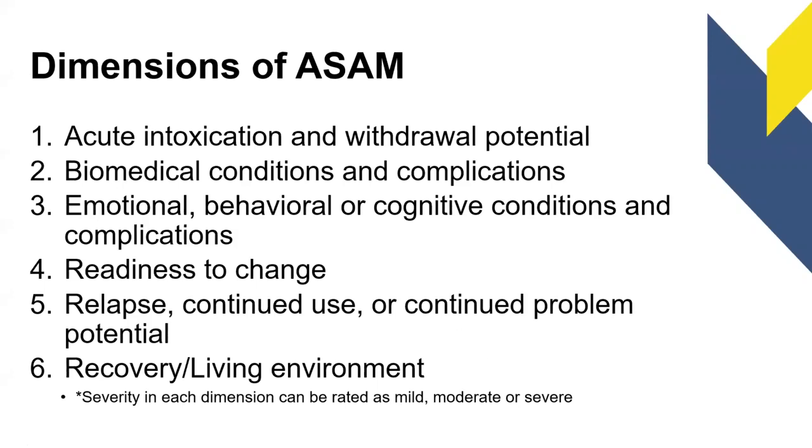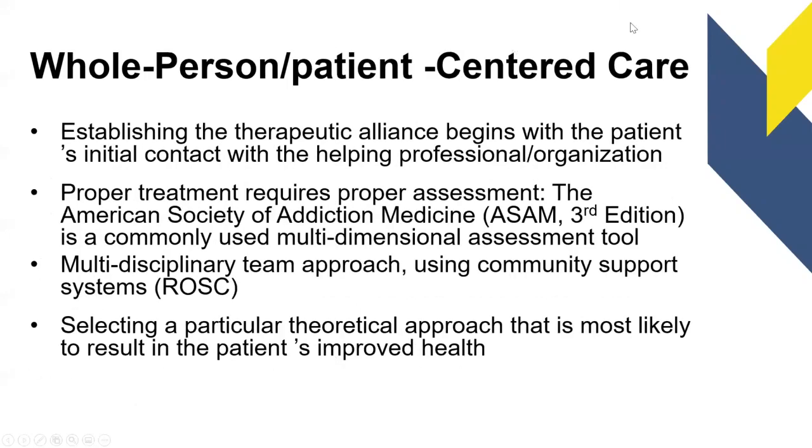And I know they also have some, you can also rate these as mild, moderate, or severe to sort of line up with the DSM-5 language for assigning use disorders. So I want us to think again, put this under the biopsychosocial umbrella. So biological, psychological, and social, but think about whole person or patient-centered care and really establishing this therapeutic alliance that we've talked about with the patient,